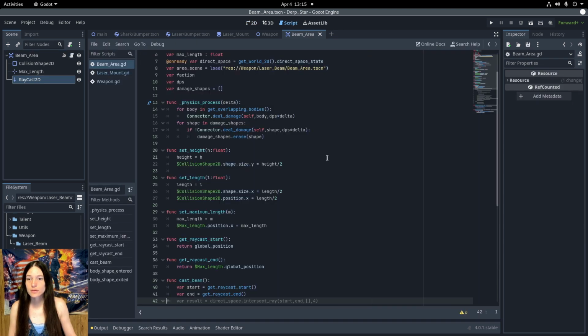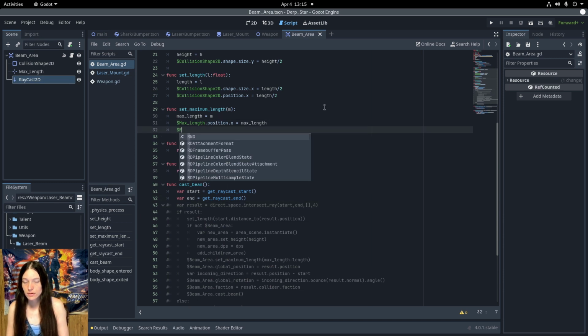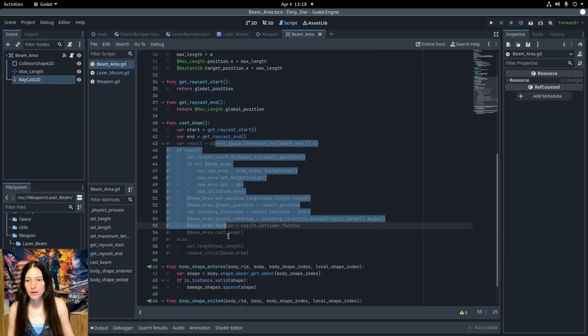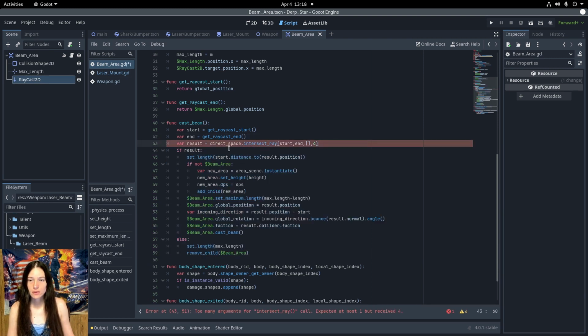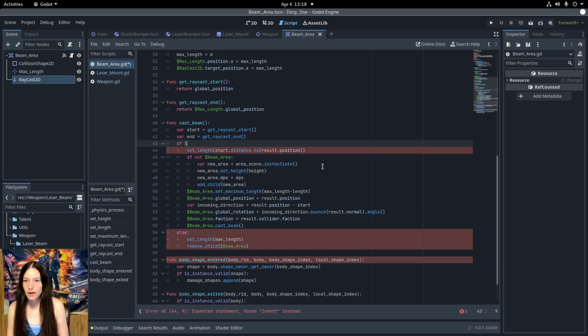Then in the script, in the set maximum length function, I'll set the raycast 2D target position dot x equal to max length as well. Then in the cast beam function, I'll uncomment the raycasting. Instead of getting the intersect ray result, I'll say if the raycast 2D is colliding,